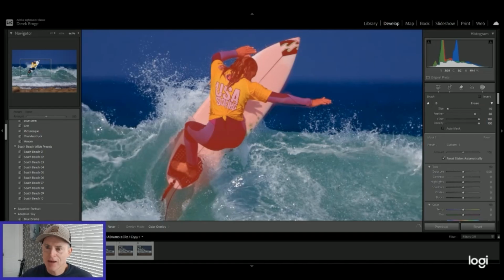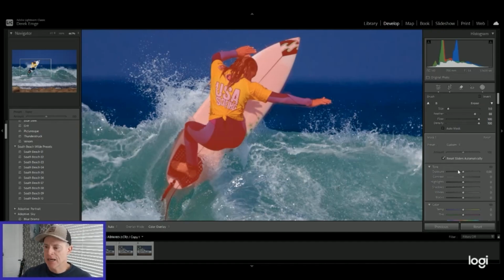I don't like that. Same as her hand. And there's a little overflow under her arm and next to the board. And you can just erase the parts that are masked that you don't want to be masked. That's kind of a funny word for me to say. All right. Once you have your mask set, any changes we now make will be just to this part of